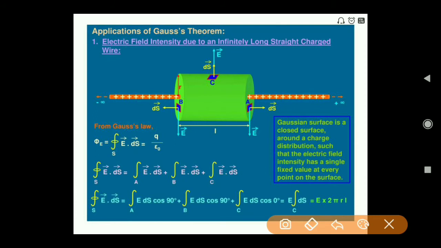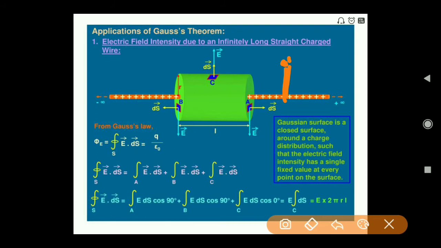Suppose your aim is to find the electric field from this wire to this particular point, because it's a charged conductor. Whenever you place a test charge here, you will experience a force, so that means there is an electric field. From this separation, this length of the charged conductor is very large. So this is the indication. When the length is very large as compared to the point of interest, you can say the wire is infinite length. Infinite means only the indication that it is a very large number. So don't think it is an impractical thing.